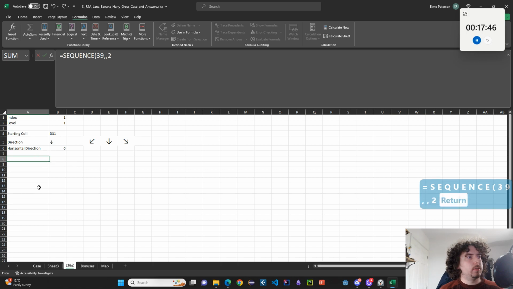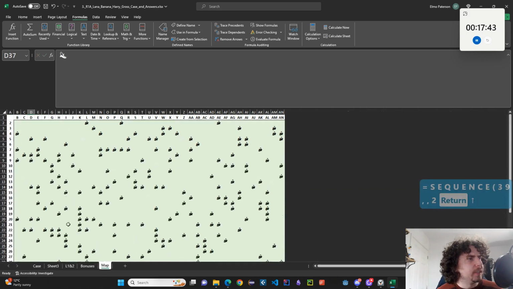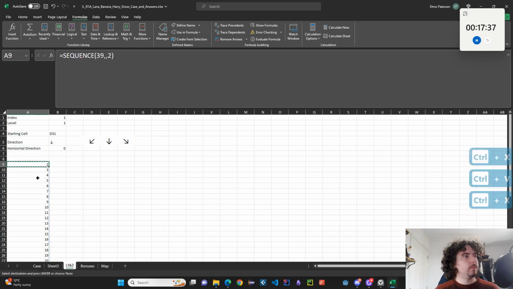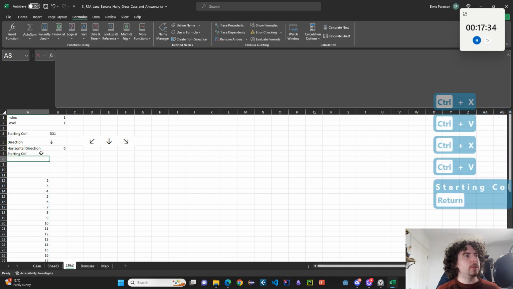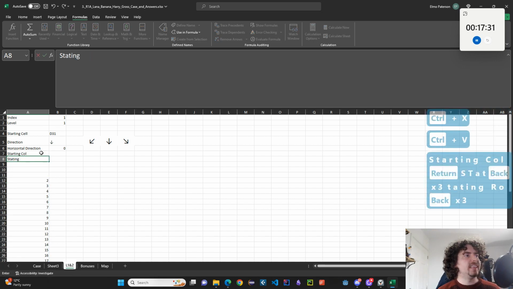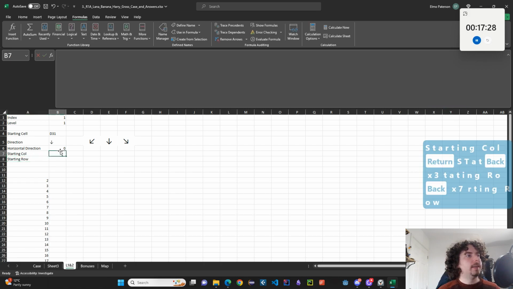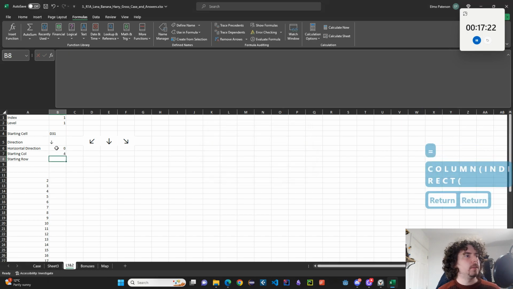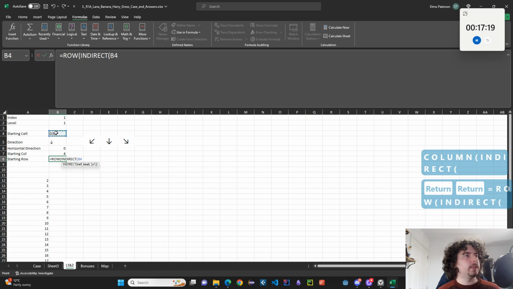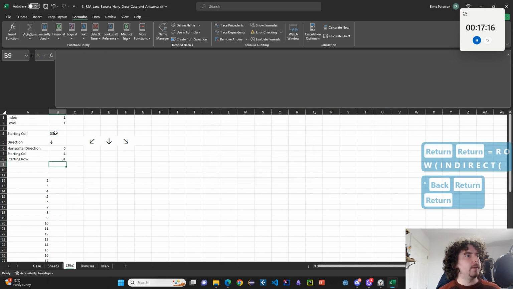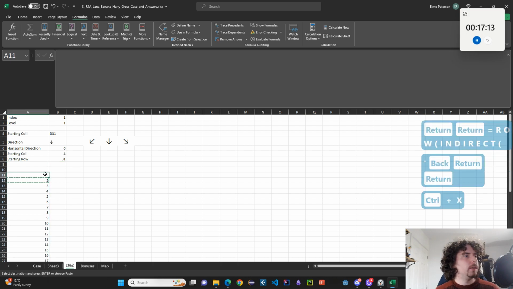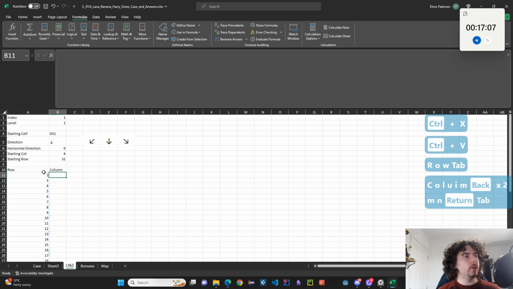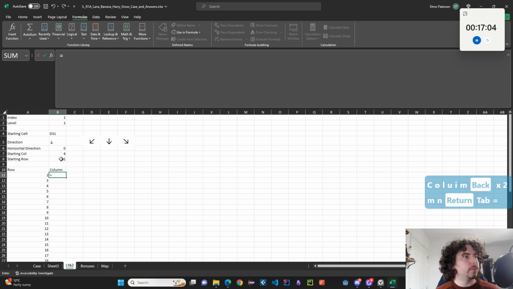So, it does start at 2, doesn't it? Yeah. Starting calls, starting row. I'm going to get the column of the indirect of this. I'm going to get the row of the indirect of this. So accessing that by text name. And then this is the row which we're on. This is the column that we're on. So the column is going to be, for the first one, it's just going to be